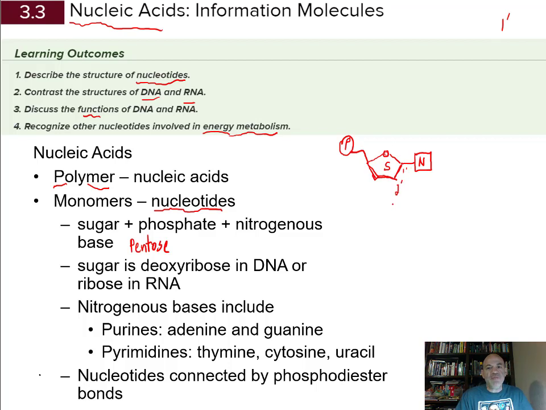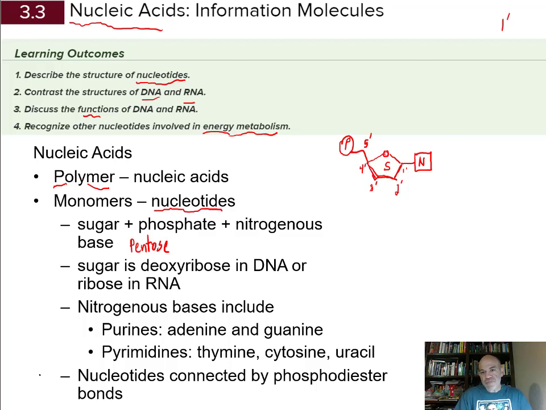So it's at the 2 prime carbon that we have the missing oxygen for deoxyribose. Ribose would have the oxygen there. This would be 3 prime. We have 4 prime, and then 5 prime. So sketch it and then see if you could resketch this kind of thing again, from memory, when you